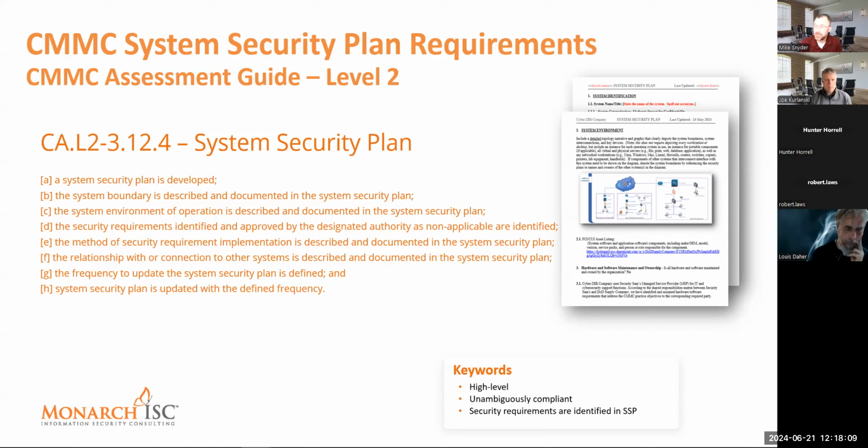I normally look for policy statements that implement it and then technical statements that implement technical controls. Again, this comes out of the level 2 guide, CA.L2-3.12.4. And again, if you're kind of new to it and you've never set one up, you're going to notice, when mapping to other frameworks, that some of the language sounds somewhat the same. Use that same language. One of the good things is 800-18 helps you with system security plans